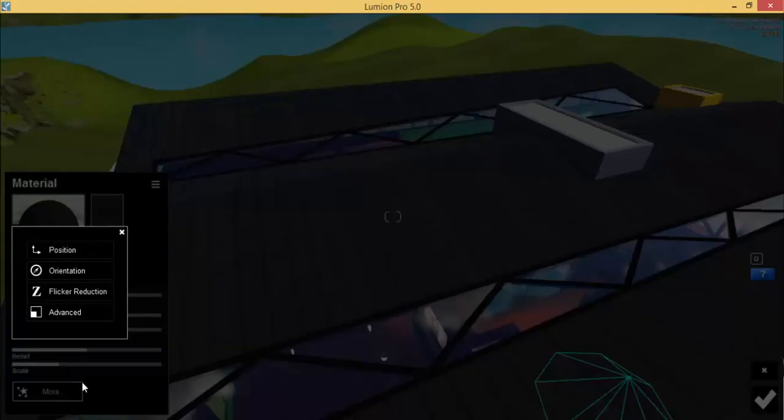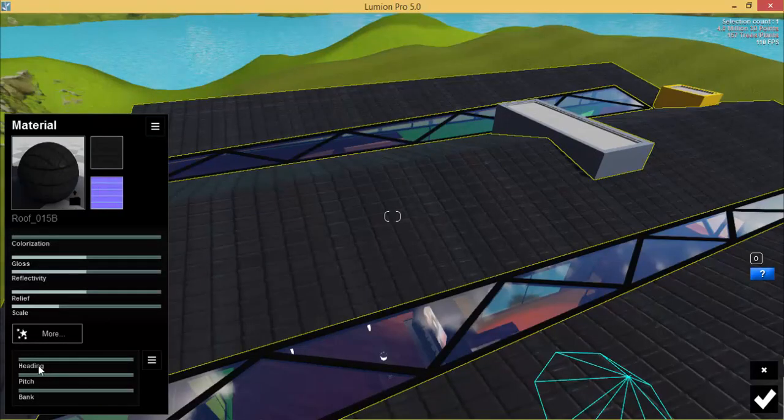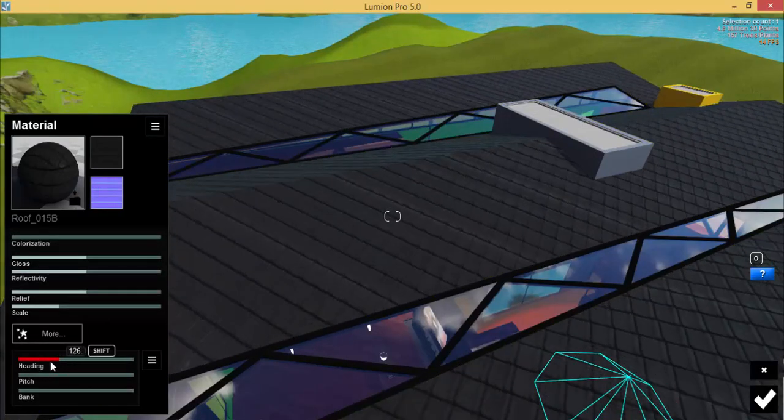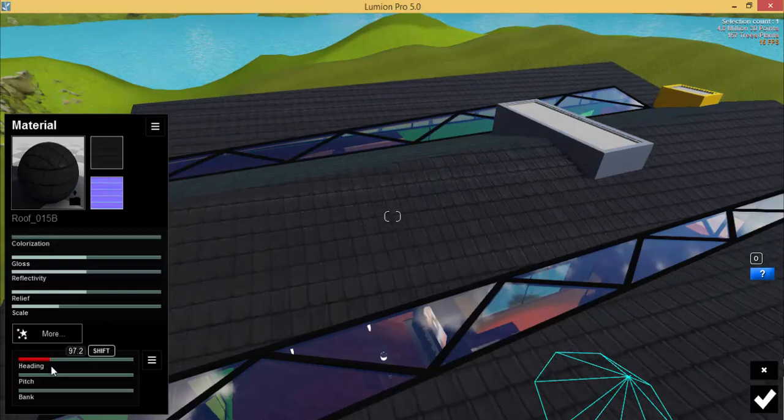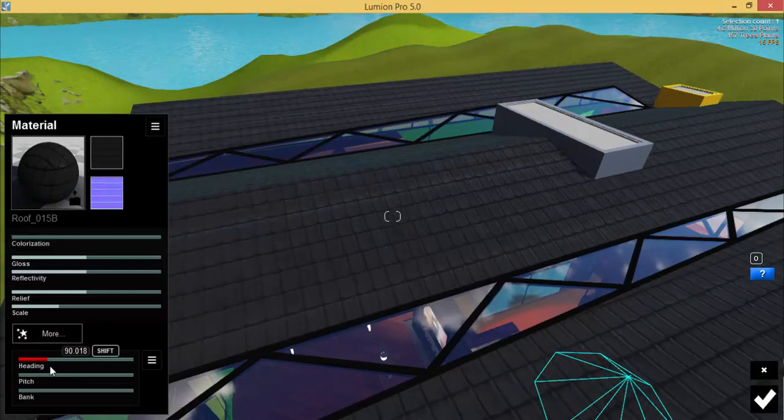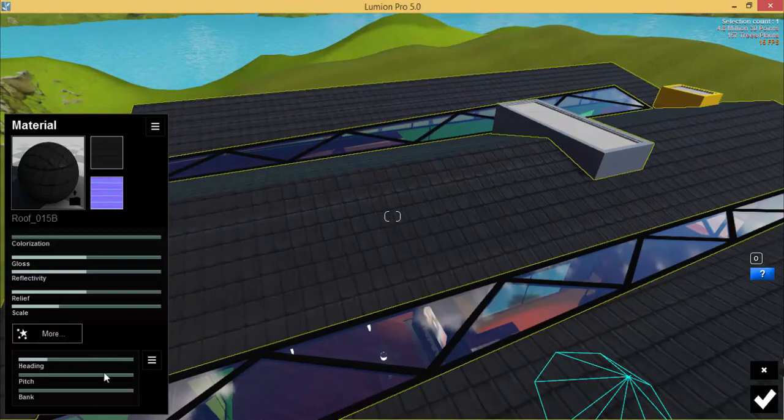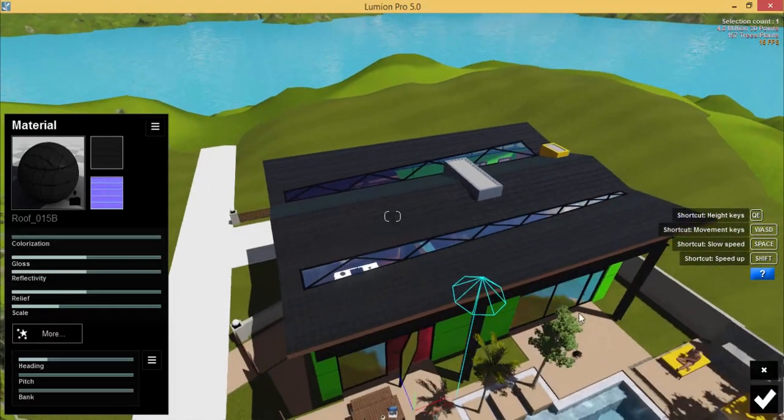Okay, I will have to change the orientation a little bit so that it becomes the correct orientation. Like that.